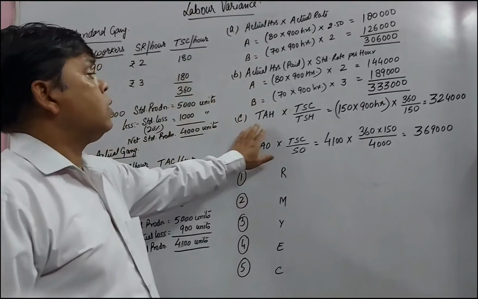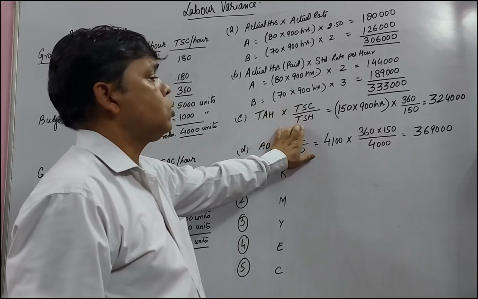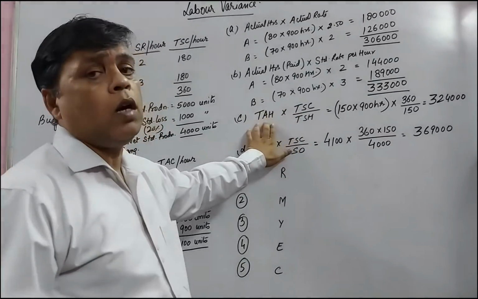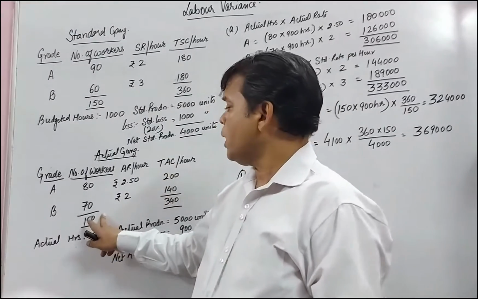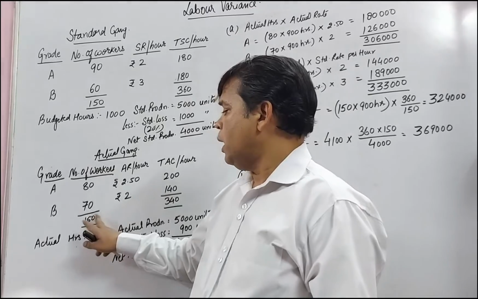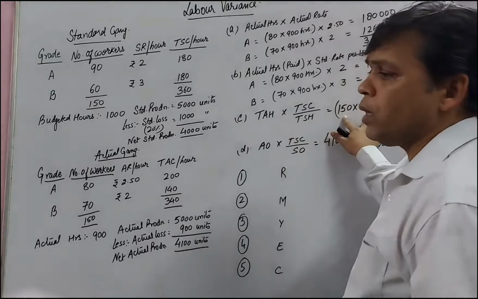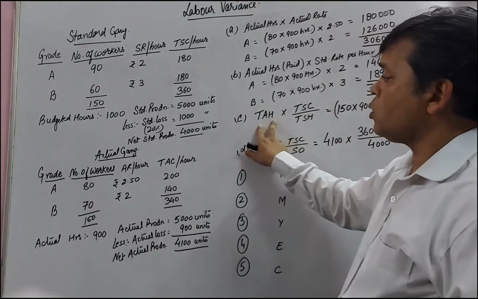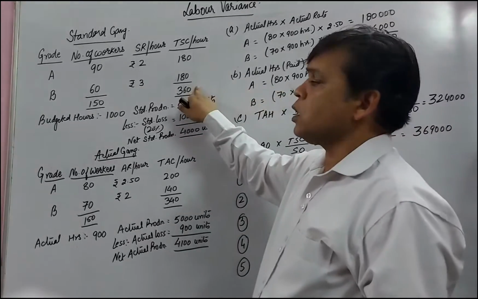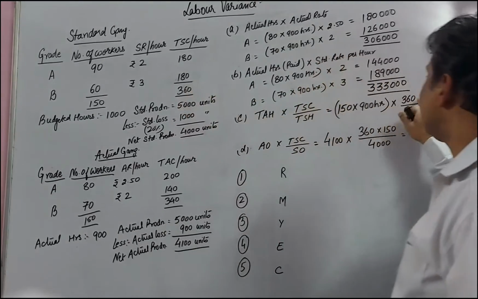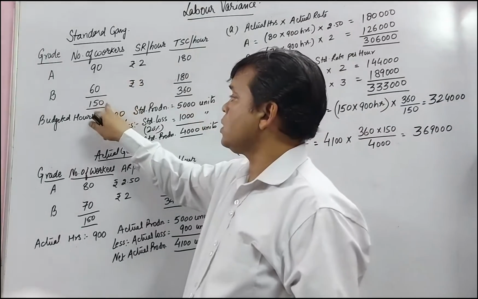Then the part C, which is total actual hours multiplied by total standard cost upon total standard hours. Total actual hours basically means that the total number of workers working in the organization is 150, and each worker is working for 900 hours. So 150 into 900 hours is going to give you total actual hours, multiplied by total standard cost. See, total standard cost per hour is 360 rupees, so we can take it as 360, and divided by total standard hours. Total standard hours is basically